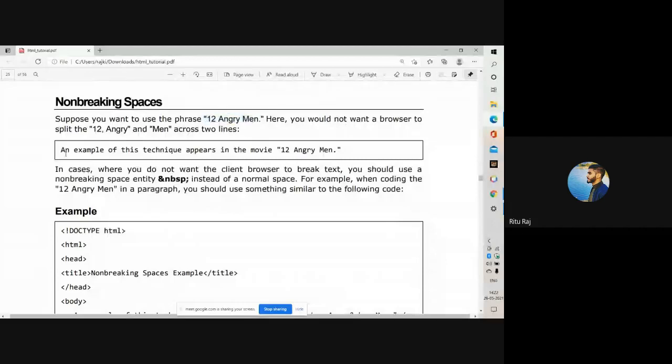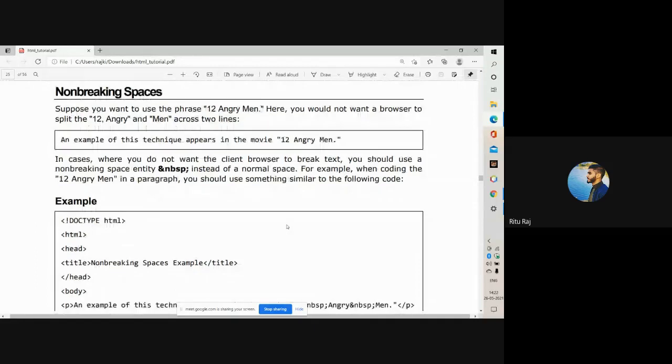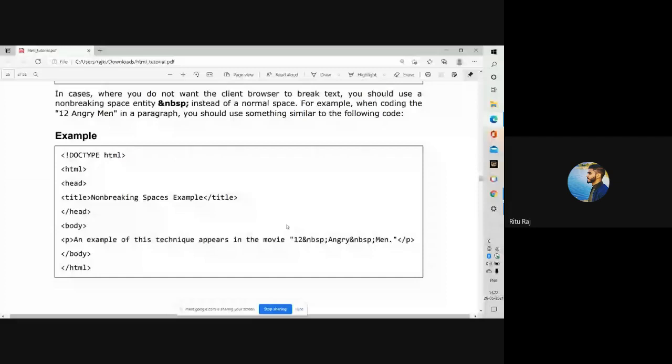So you will use the non-break space entity, nbsp, instead of a normal space. You can see in this example, non-breaking space example, here it is.